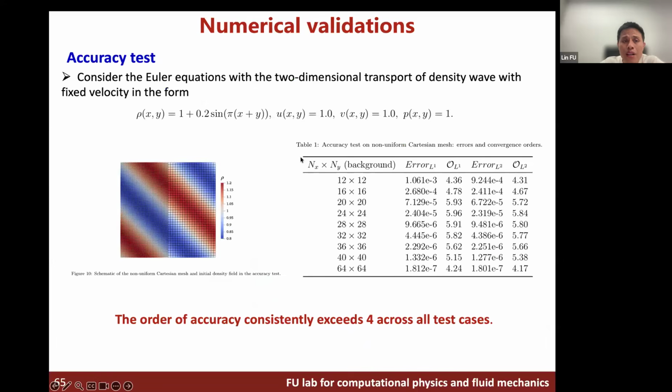Okay. I think time is almost over, so let me quickly wrap it up. So we do an accuracy test. We can achieve like a fifth order. But eventually it will convert to fourth order if you have a non-uniform mesh, because across the resolution we deploy the fourth-order interpolation. So that constrains the overall order. But if there is a uniform mesh, you can reach sixth order.